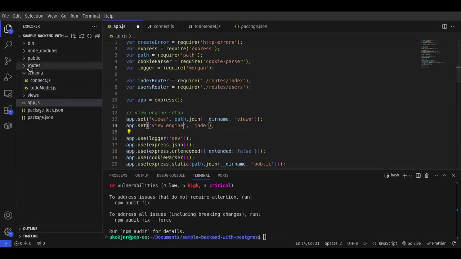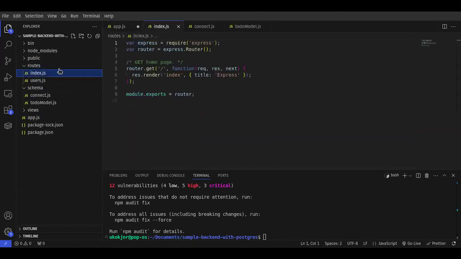We already have a lot of things created for us already. We have our index and we have our users. So now let me explain something. Anytime you use res.render, it means you're trying to send a